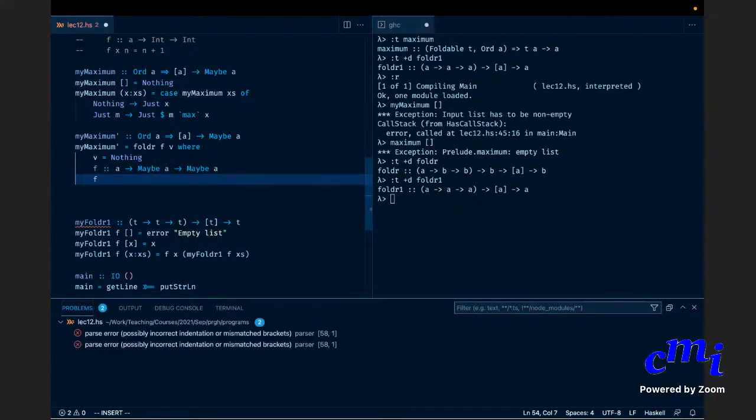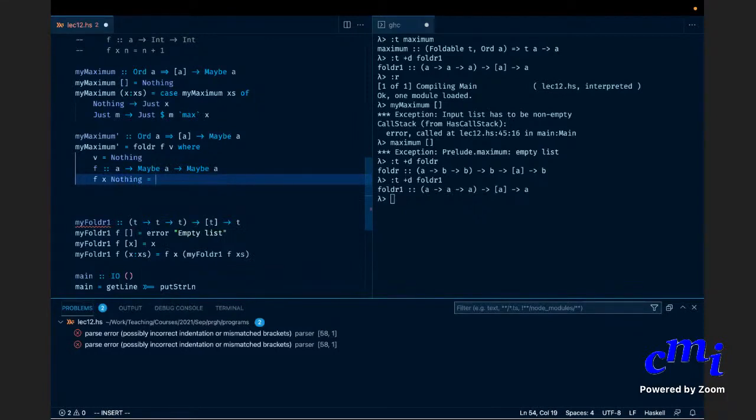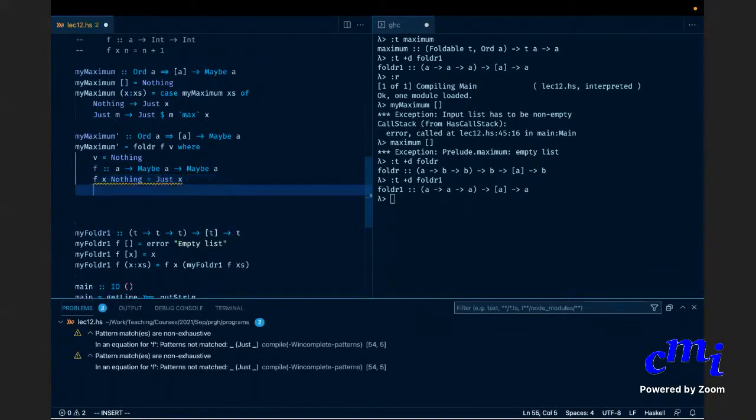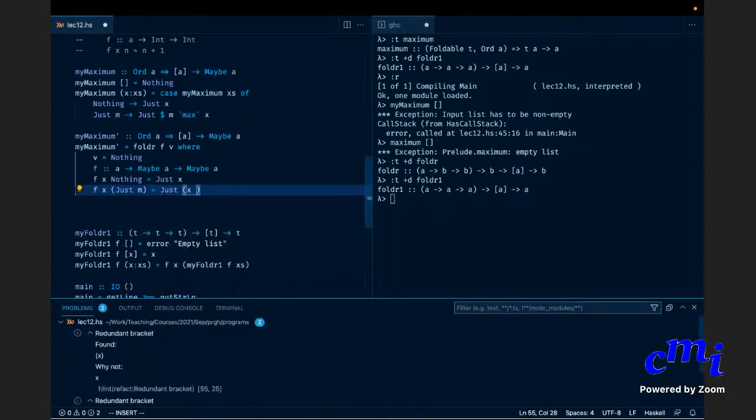Remember, there is no recursion, nothing. This is just a function that takes two arguments and puts them together. It takes an A. So there are two cases. The first argument is some x, let us say. The second argument has two patterns. The second argument is either Nothing, in which case what do you say? Just x. And the other pattern is that it is Just m, in which case you say Just of x max m, or m max x, whichever.